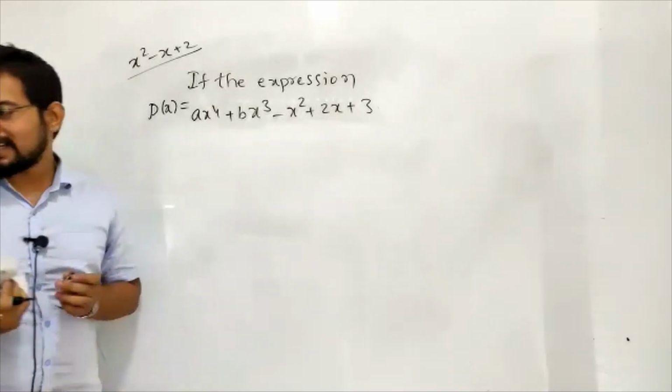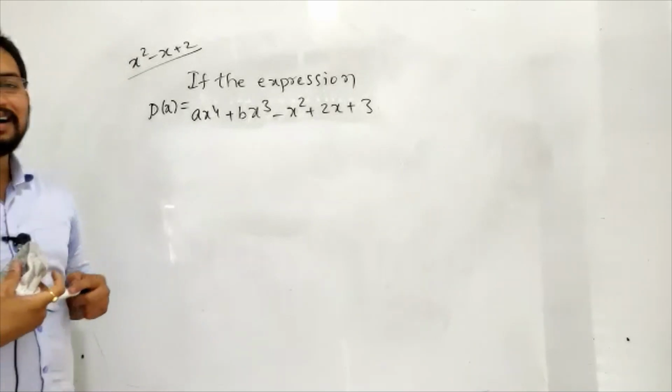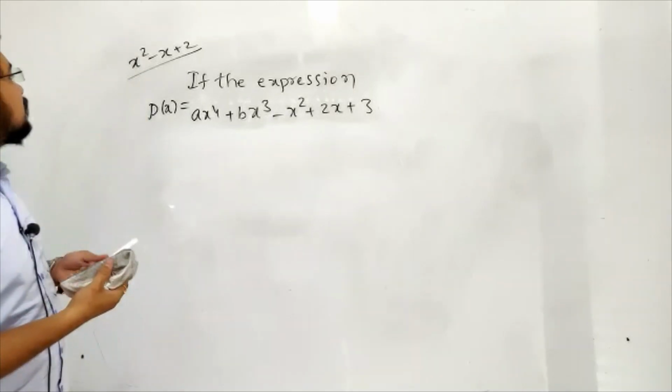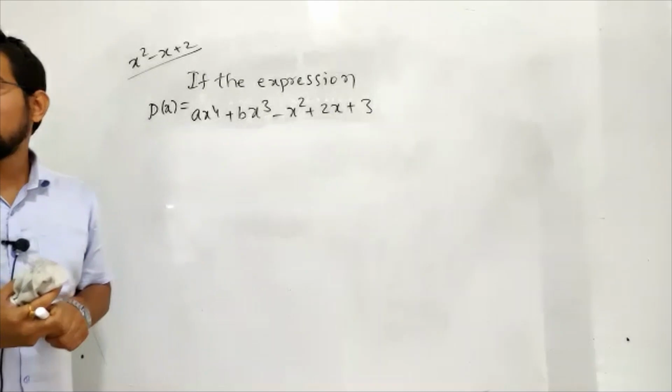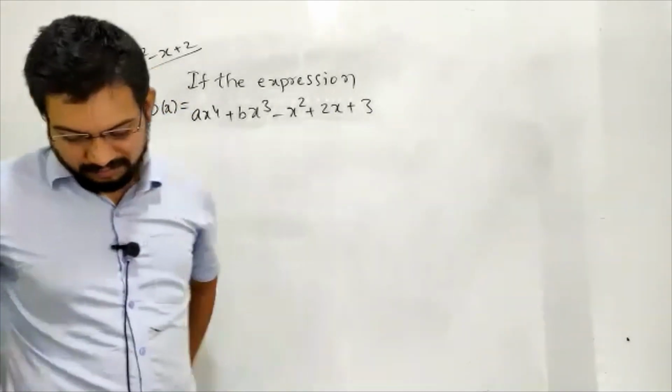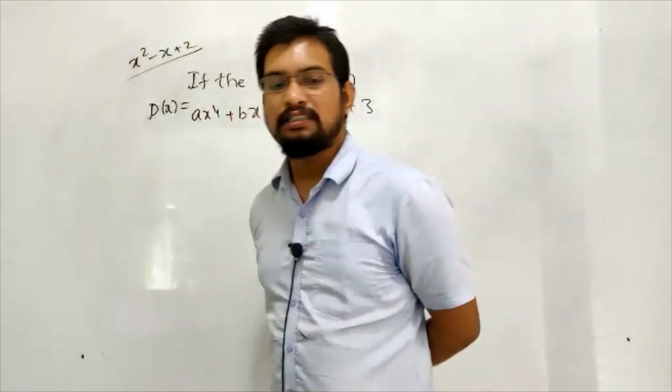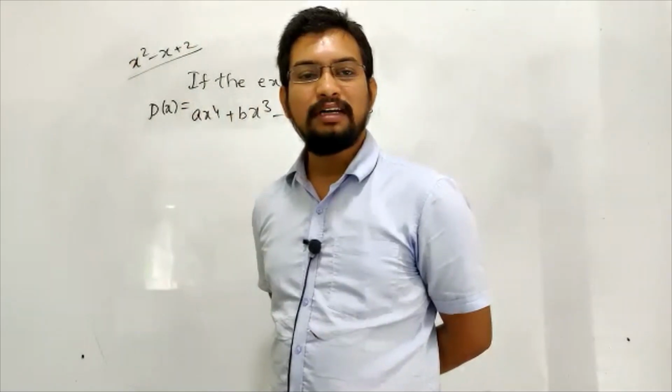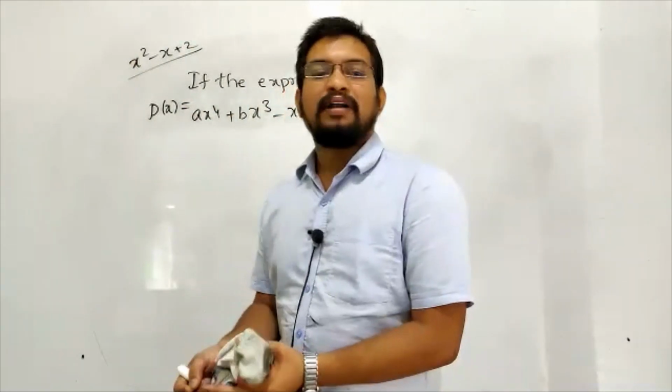Such a thing doesn't exist, I guess. What is the conclusion here? I gave you something like x square minus x plus 2. Is it possible to have real roots for such a factor? There is no possibility of real roots for this factor.